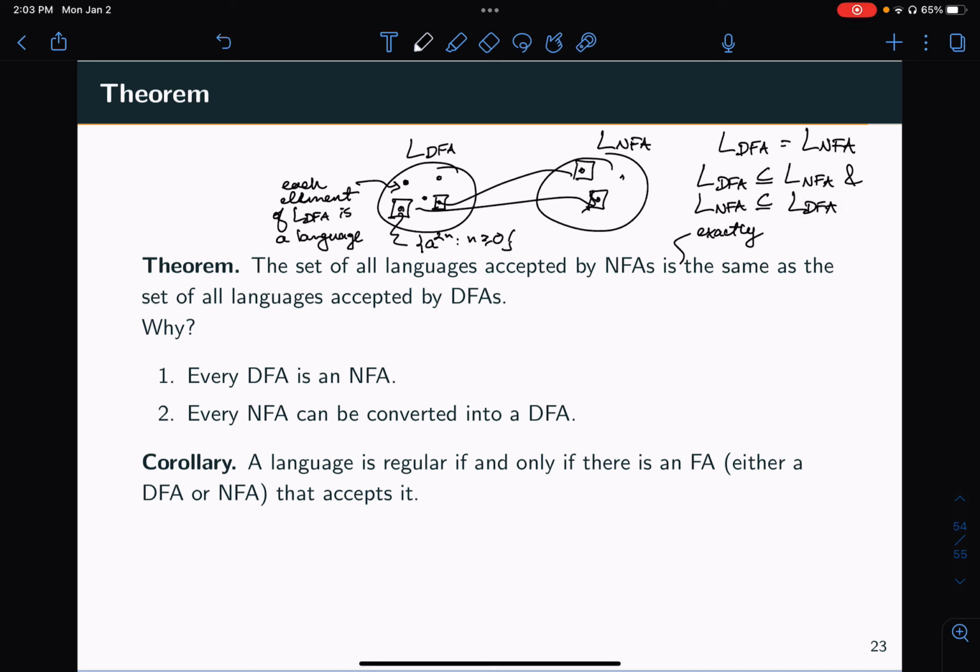At the very beginning of the tutorial series, I said how this direction was actually quite trivial. The reason it's trivial is that a DFA is actually an NFA that just doesn't use the non-determinism